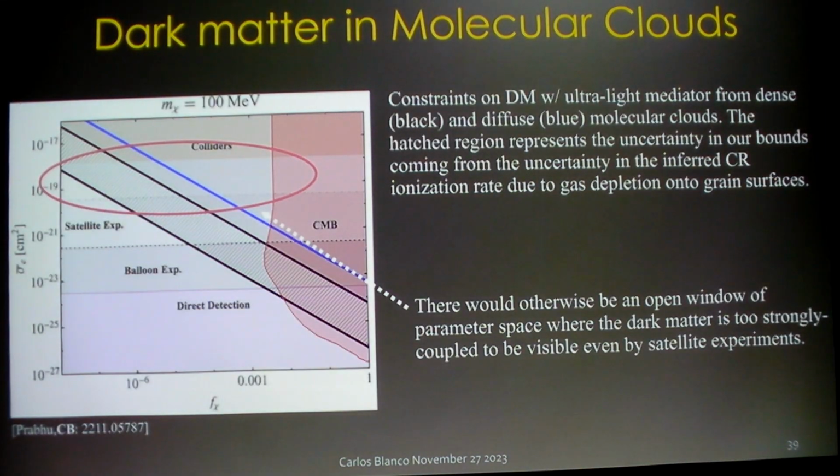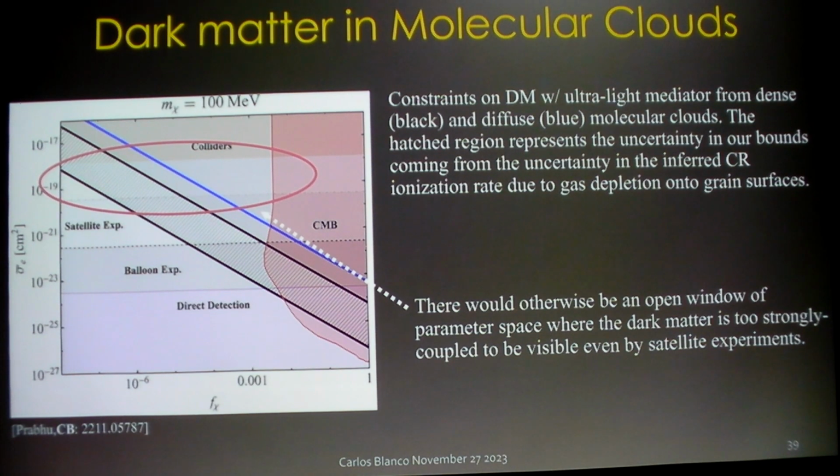So what do I mean by strongly? Take a look now at the scales that I'm talking about here. So this is like the electron cross-section. The experiments that I was talking about before, these very sensitive experiments looking for feebly interacting dark matter, really take place 10 orders of magnitude further down here. Okay. Now I'm talking about very strongly interacting subcomponents. And in these scenarios, what happens is that the dark matter tries to get into your laboratory, but it just can't. You get stopped by the atmosphere, you get stopped by the walls, by the concrete, by your neutron panels. You're totally blind to it. And so direct detection experiments on Earth have an overburden limit that's really set here.